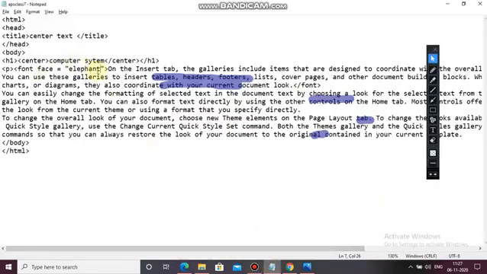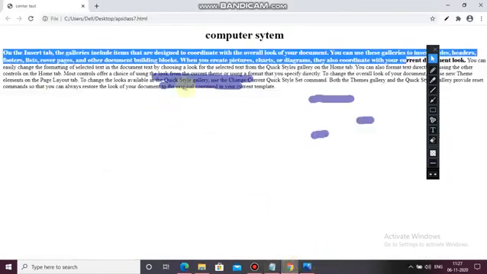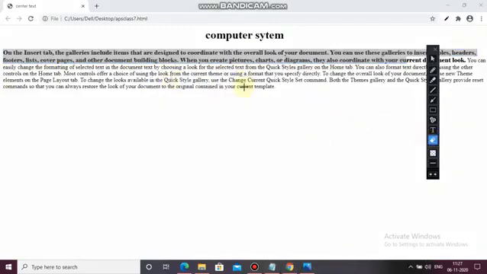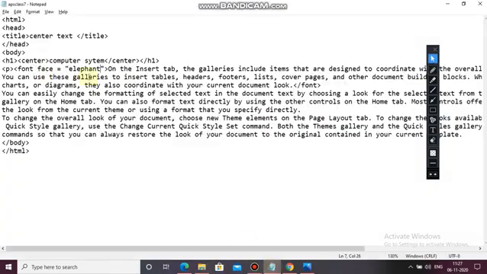So here I want to change the size of my text. In regular font the size is this, normal. Now I am going to change it. Here, instead of face I am writing size, font size, and in double inverted commas I am writing 5.